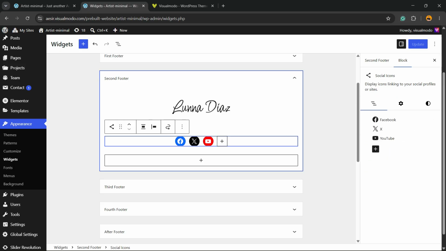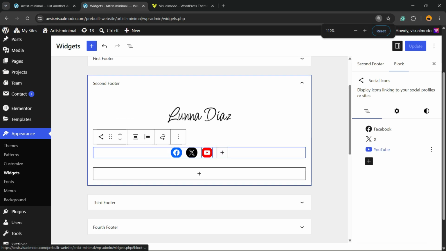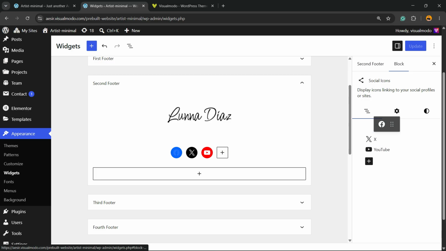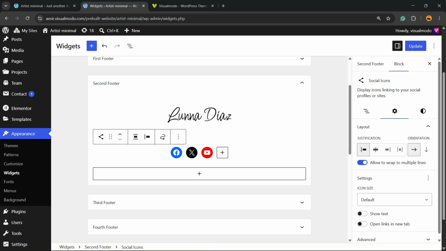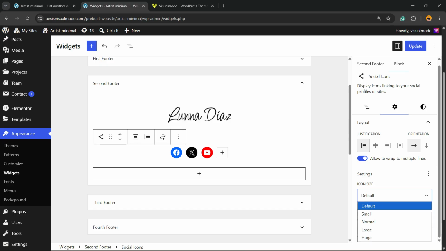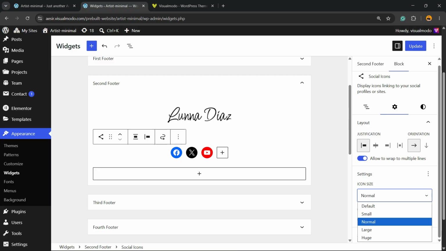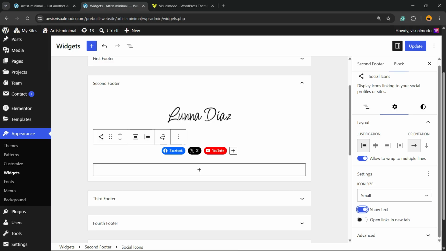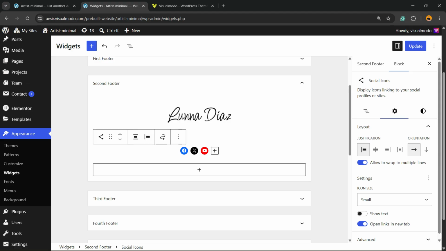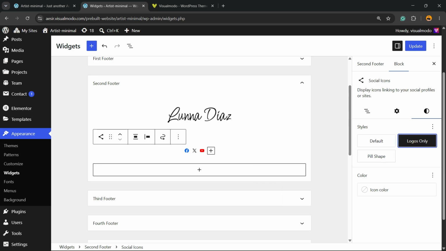Now let's go back to the social media icons, and right here on the right side of menus you're gonna be able to see a couple of options. You can organize the social media positions, and you can change the justification, the size, you can show text in case you want. You can open links in new tabs in case you want as well. And you can play with the colors. You can share logo only, the full,